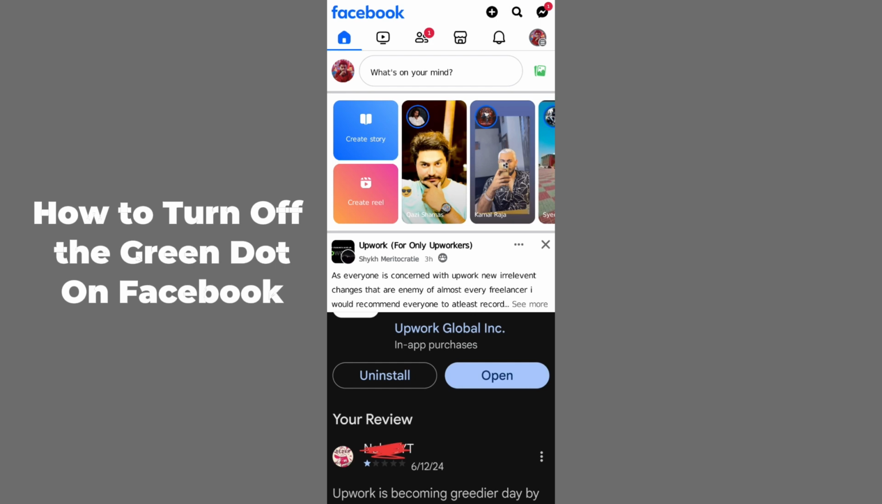So what is basically the green dot? The green dot is an activity status on Facebook which allows your friends and family to see whether you are active or not on Facebook. So if you want to hide that specific activity button, for that you have to simply go to the